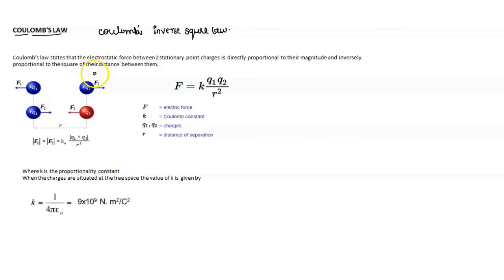particles. So if we have two electrically charged particles, what is the electrostatic interaction between those two charged particles? That is described by Coulomb's law. Or in simple words, this is the law which tells us how the electric force would be between two point charges. So what do you mean by point charges? Coulomb's law tells the force between two point charges, where a point charge is nothing but